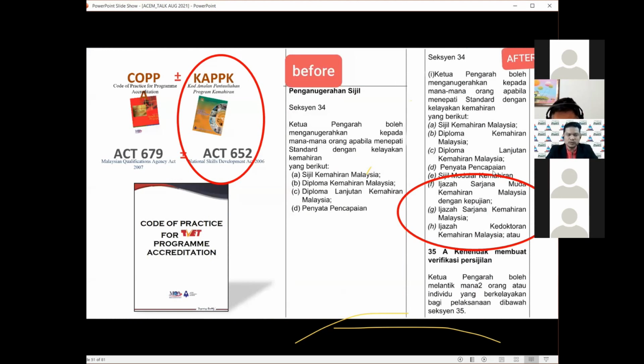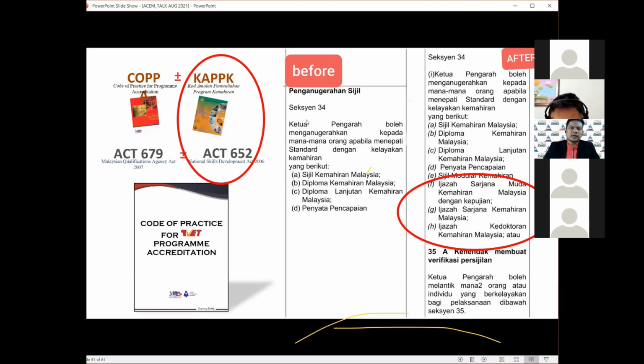That's why I told you just now, come and get it fast. Because once you get it, now section 34 in the same ATA NASDA, National Skill Development Act 2006, is actually under review to be tabled in the parliament, but we don't have that. We have parliament, but we don't have those ministries yet. But it's okay. To me, it's still okay, no problem. We just wait because nothing to lose. Now we just want to go for it.